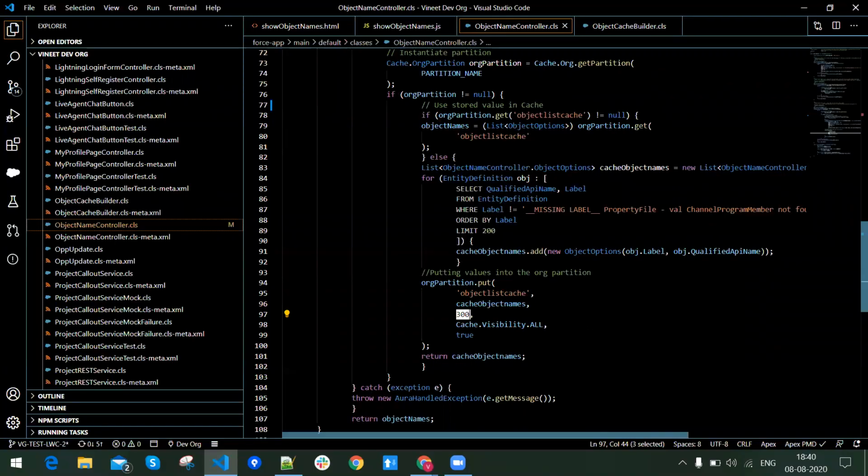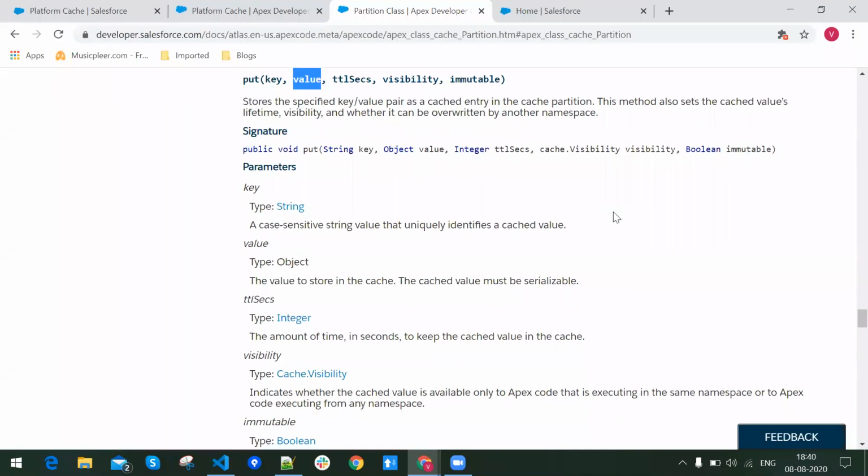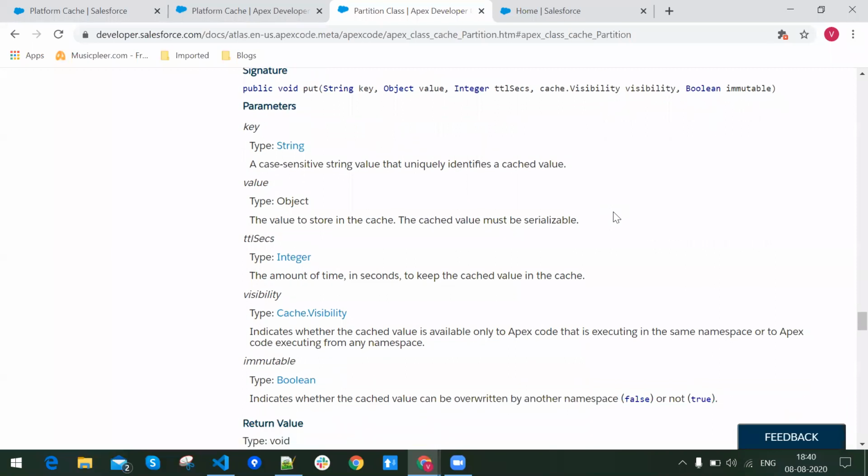This is the enumeration which says whether you want to access this particular cache in your customer org, when we are keeping it as part of a package through ISV partners. Then immutable, which I'll talk about,